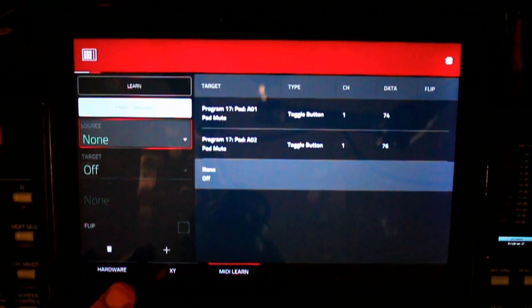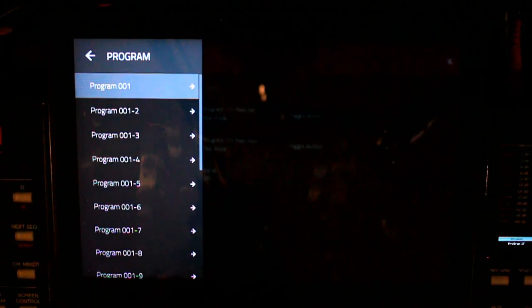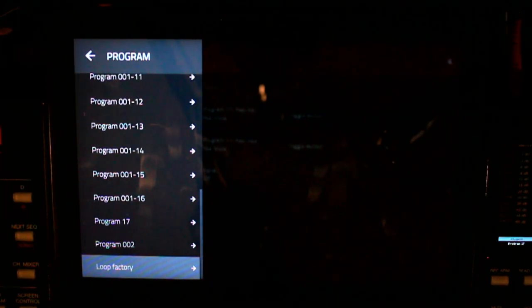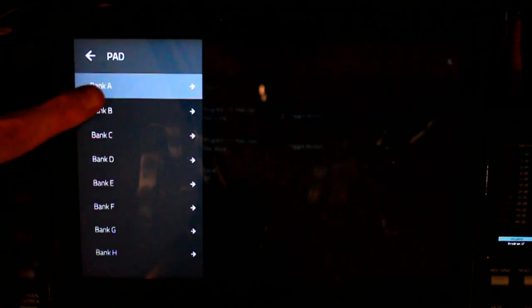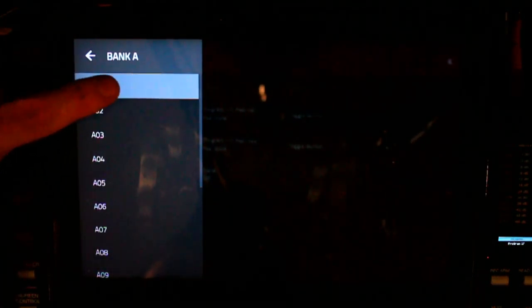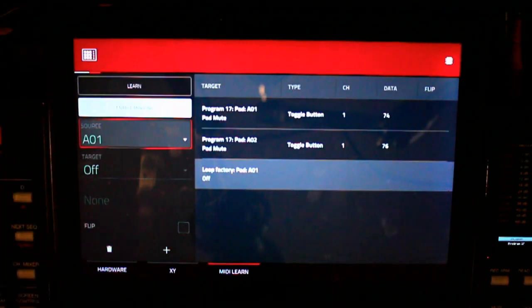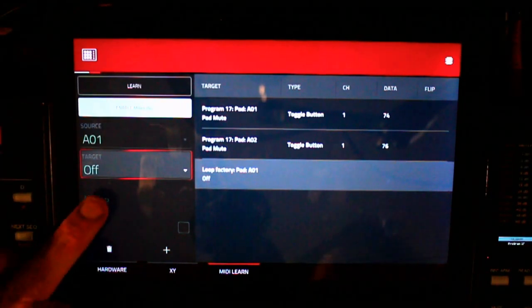It's not a track. Type. I wrote this down so I could easily do this. So program. So I need to go down to the loop factory. Okay, that's the loop factory. And I'm going to go to pad bank A, and then I'm going to do A01 because the other one that I had mapped wasn't for the loop factory. So the next one down says,